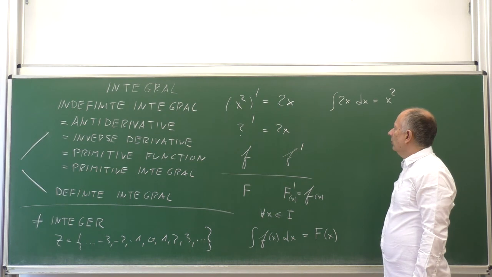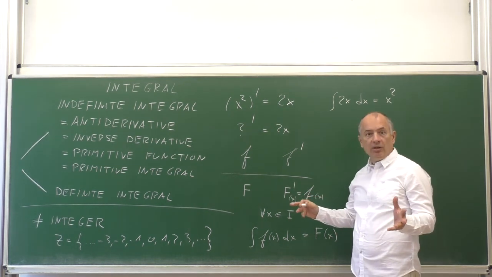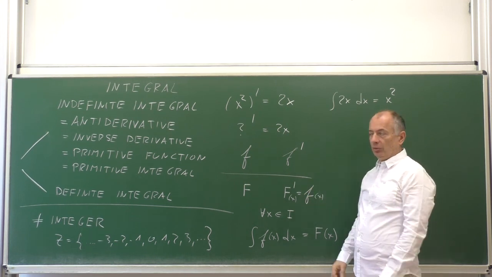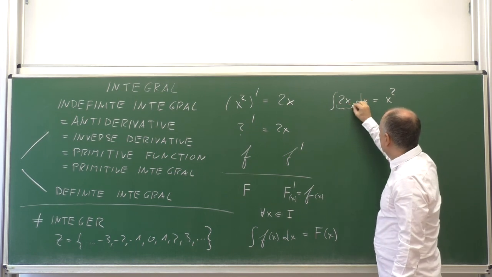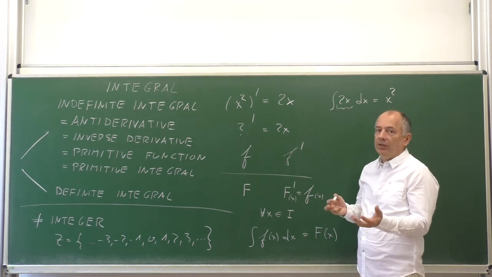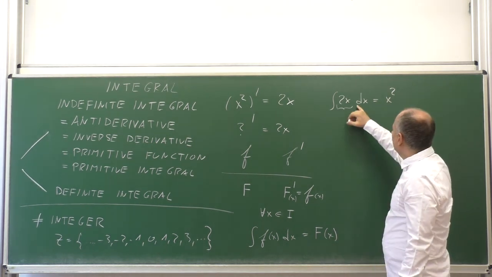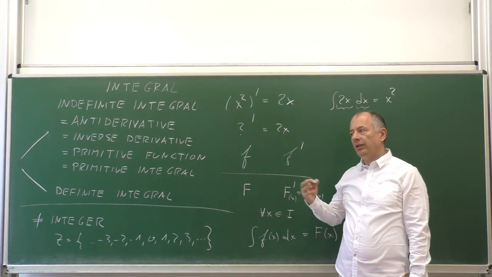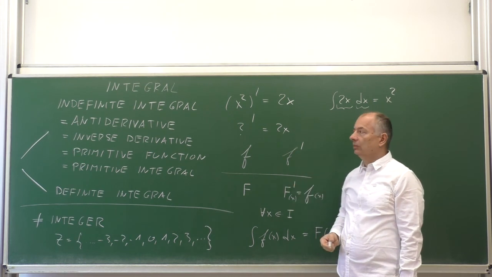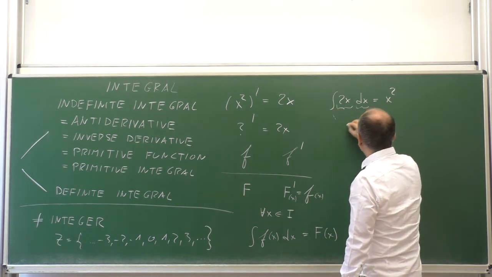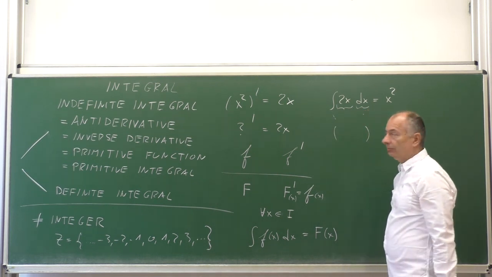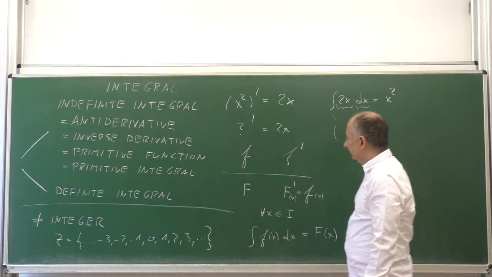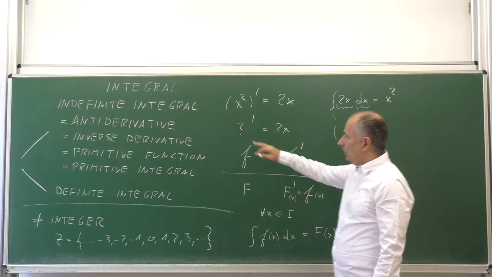This symbol comes from the letter s, that comes from the term sum. That means if we add many contributions. This is the function that we integrate, that we antidifferentiate. And dx is just a symbol to denote the variable. Later we will see the reason for this notation. For the moment, you can think of this symbol and this symbol as sort of brackets, and inside we write the function small f that we integrate. So this is the definition of the indefinite integral,